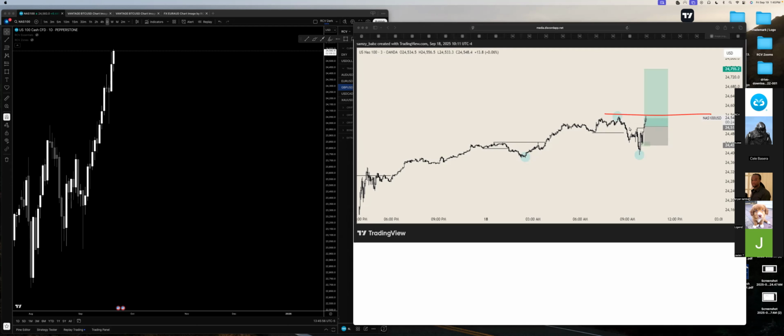This is as high as price has ever gotten. Not saying that it's not going to go higher, but how do I know it's going to reach here? There's really no way outside of a projection like a fib extension. If you do a low to high retracement, this could be the negative 161.8 or something like that. So the entry is good. I just don't like trading at all time highs.